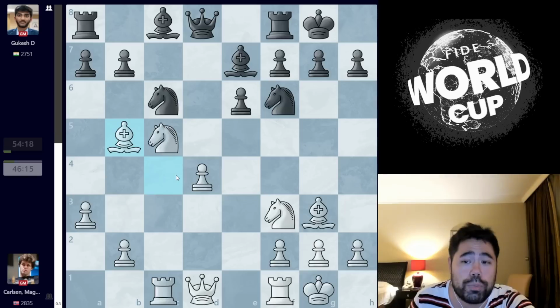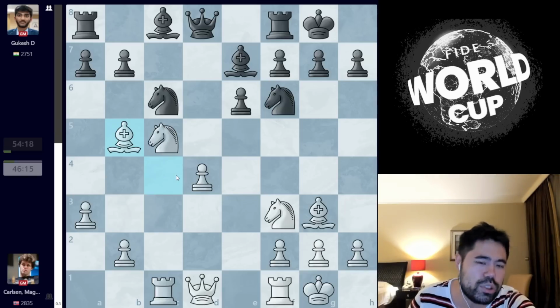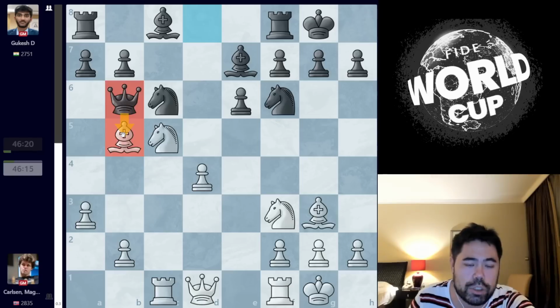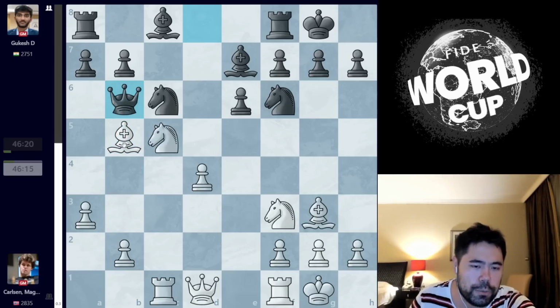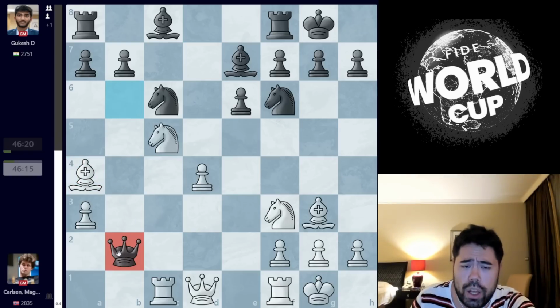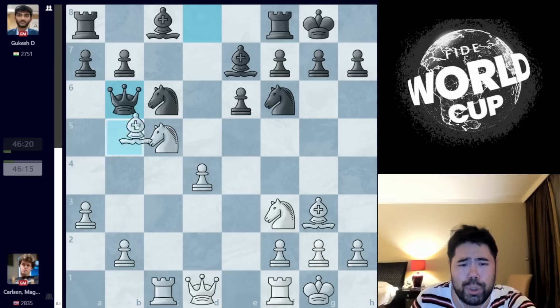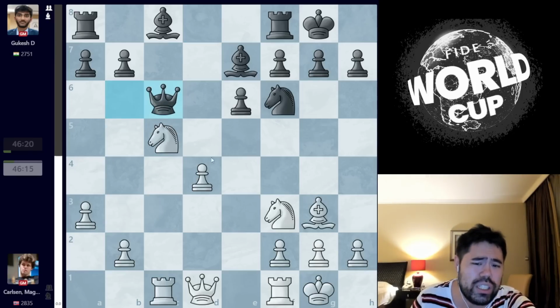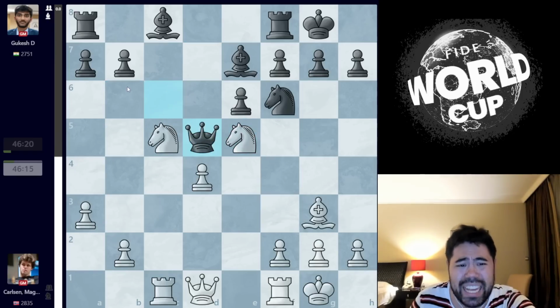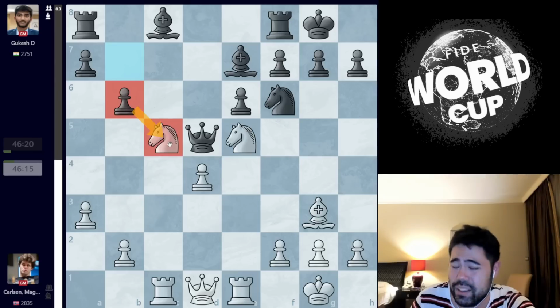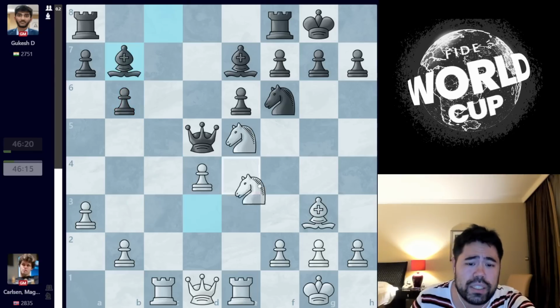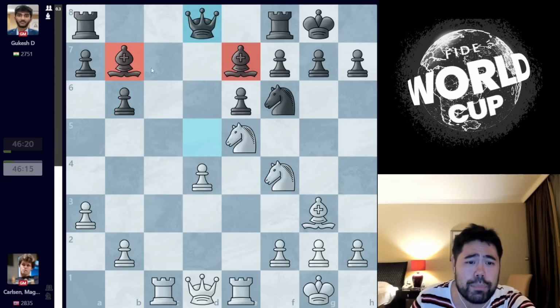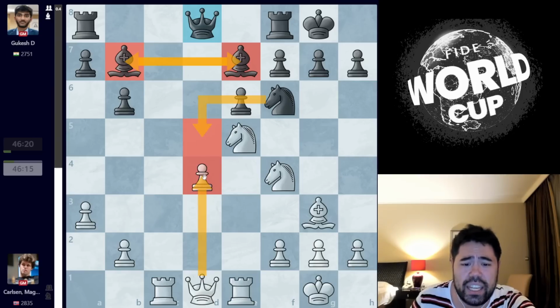But instead he plays bishop b5, which isn't really a bad move per se, but after queen to b6 attacking the bishop again, it starts to get very tricky here, because if you move the bishop to a4, for example, black can capture this pawn on b2, so you don't really want to move the bishop. You also don't really want to take the knight, because after queen takes knight, knight e5, and queen d5, black is going to play a move like b6 next turn to kick the knight out of c5, and after bishop to b7, knight f4, and queen d8, black has the bishop pair here, and he can once again blockade this pawn on d4, and black has a sizable advantage according to Stockfish.